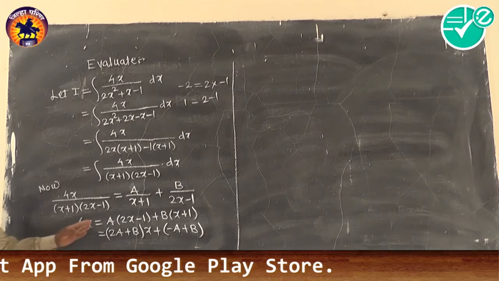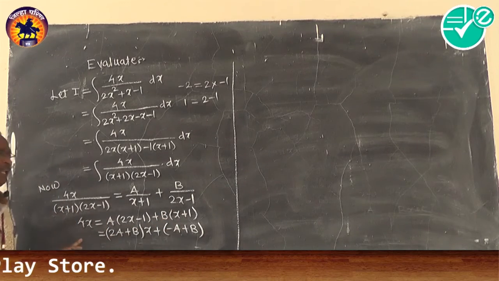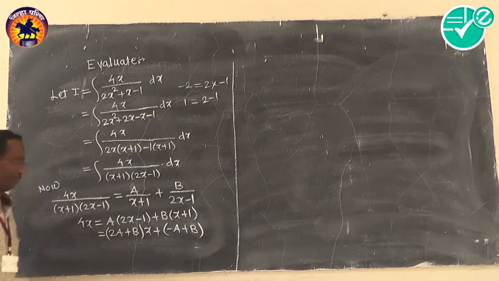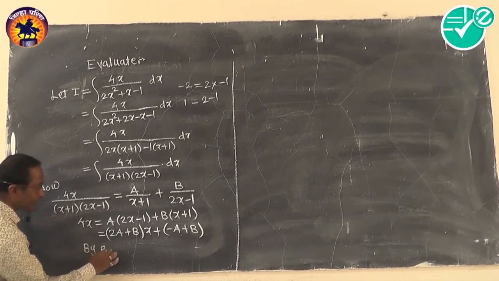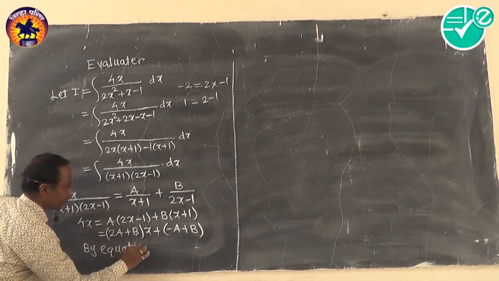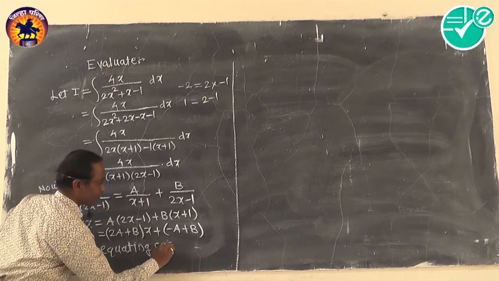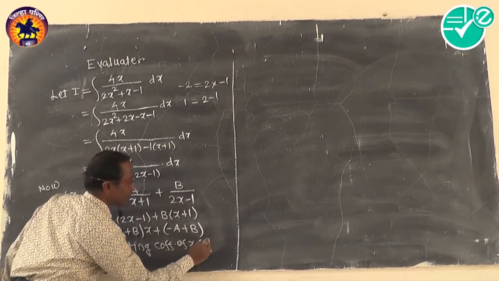Multiply A to the first bracket and B to the second bracket and collect the terms which contain x and the constant term. Now by equating the coefficient of x and the constant,